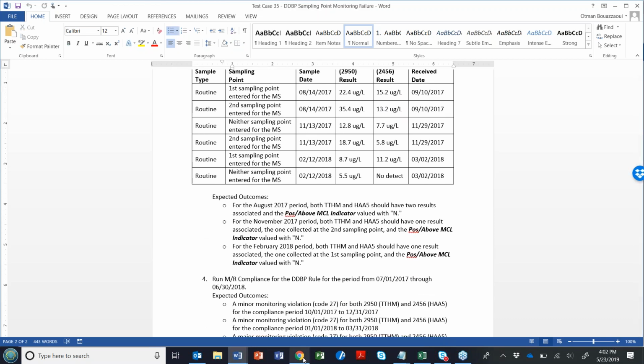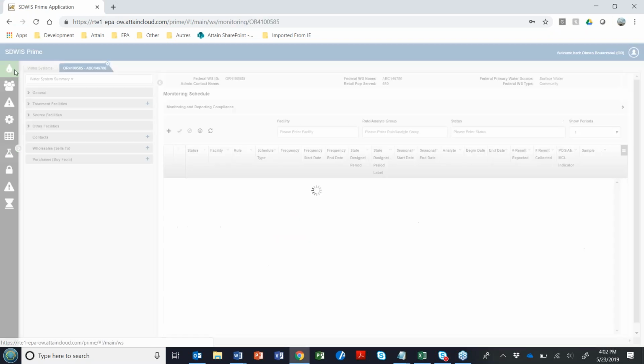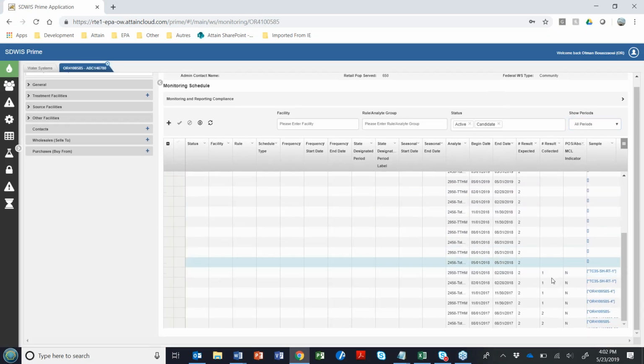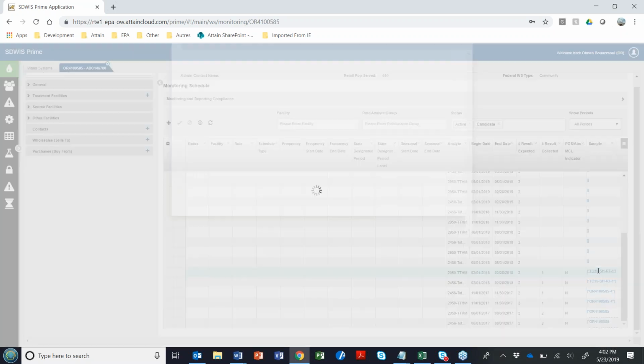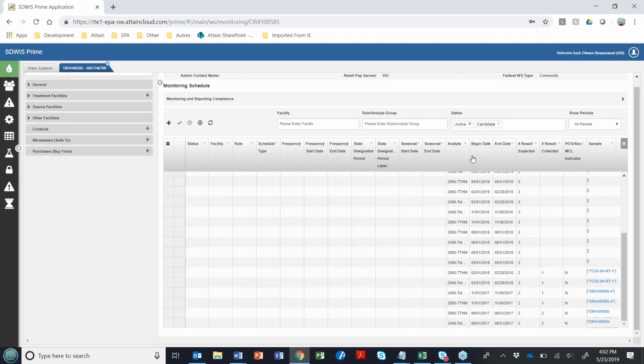Okay, so let's go back to the monitoring schedule view. Expand this guy here. All right, so we already looked at the last quarter of 2017, and you can see here for the first quarter of 2017, the system didn't pick up that sample that I added at that sampling point that was not a DBP number 1 or DBP number 2 because it didn't meet the requirement that we have for 35.